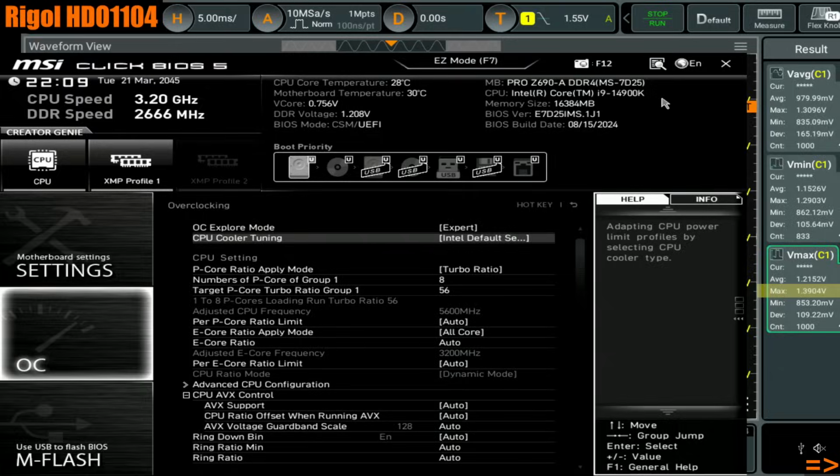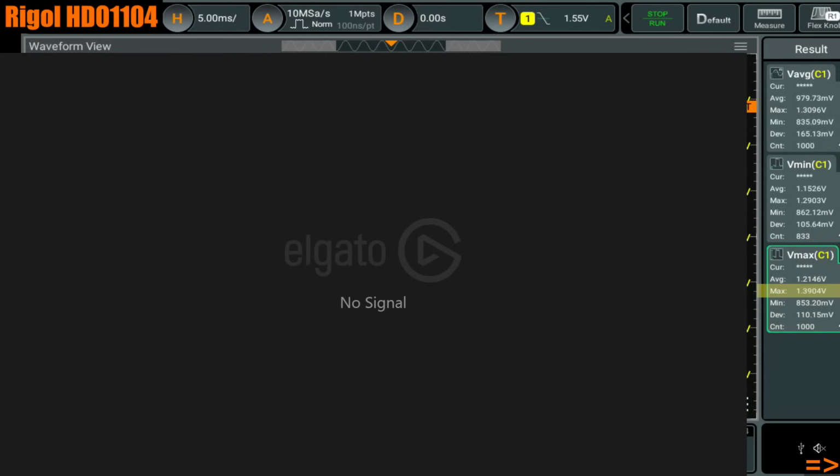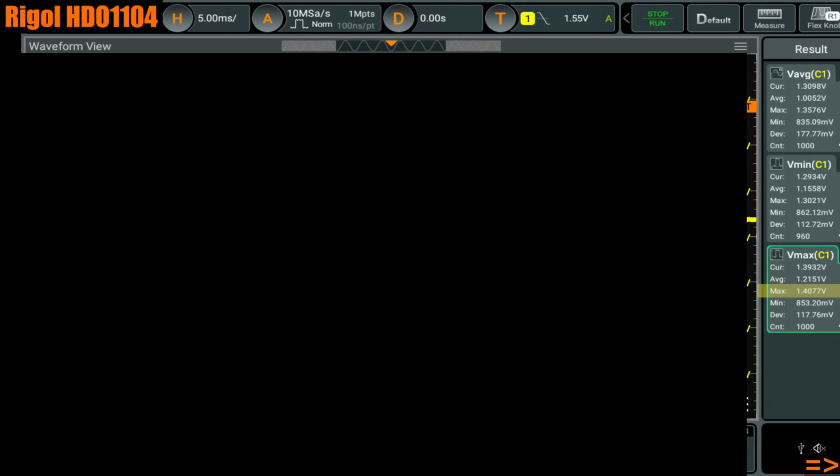Both of those are actually bad, depending on what exactly is happening. So I put it back to Intel defaults. I wish MSI didn't do that. They do at least warn you, a message did pop up saying we're changing over to unlimited. But as you can see, if I limit the ratio to 56, we're already above